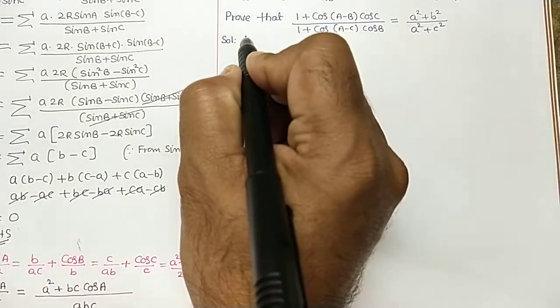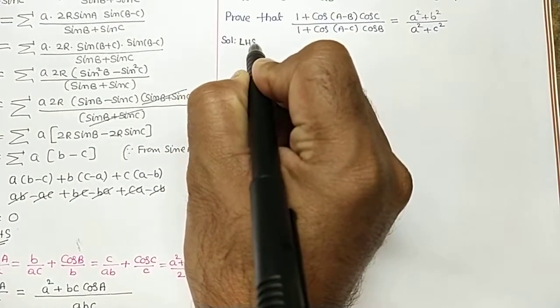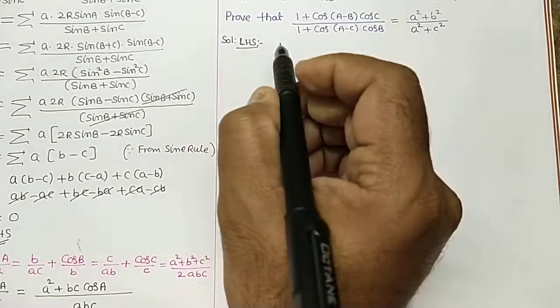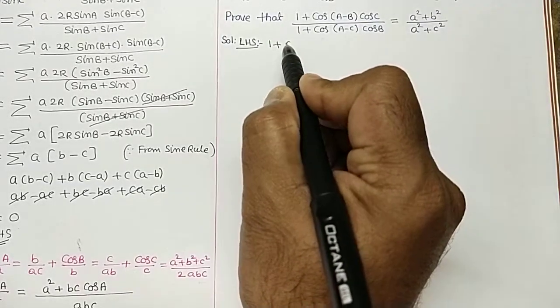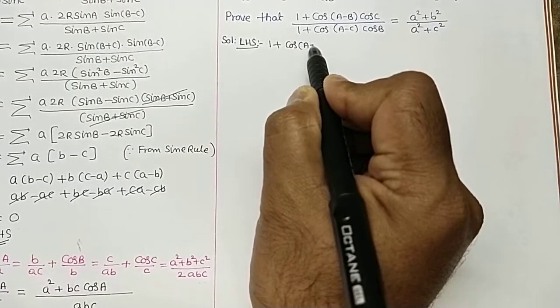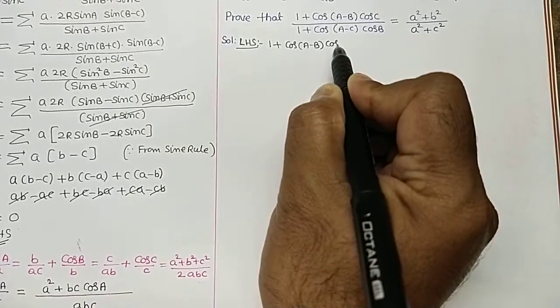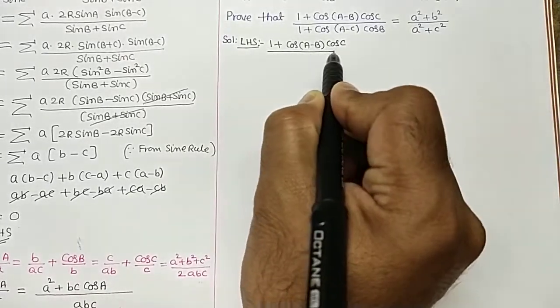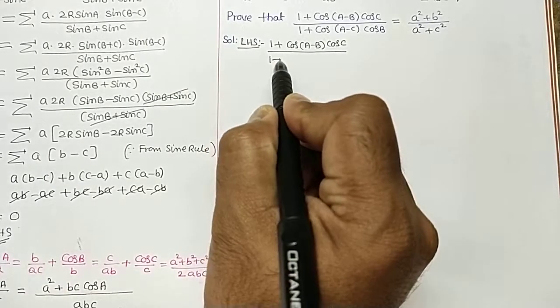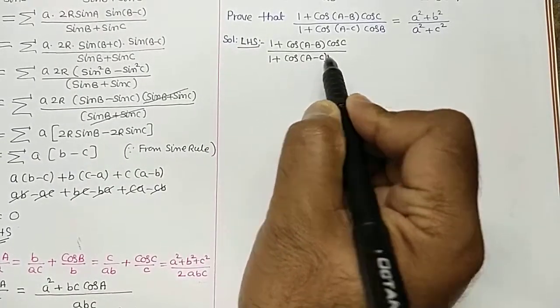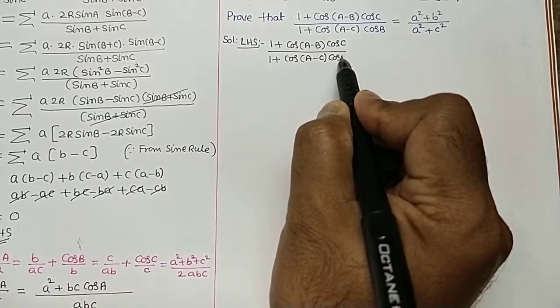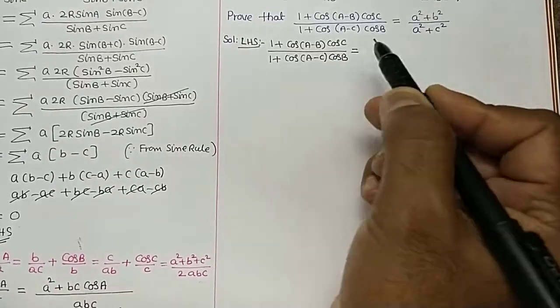Consider LHS: 1 plus cos of A minus B into cos C whole divided by 1 plus cos of A minus C into cos B, which is equal to,